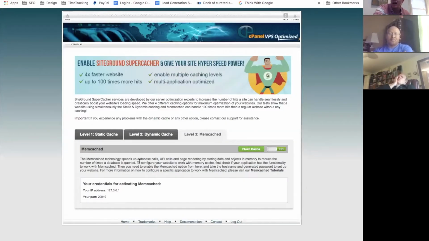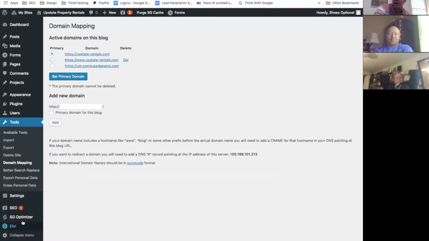And a lot of times we have that turned on as well. So that's on the server side. Now in the back side of it, what's really cool, there's actually one of the tools that we use, and it's actually provided by SiteGround for the WordPress community. And it's actually what we call